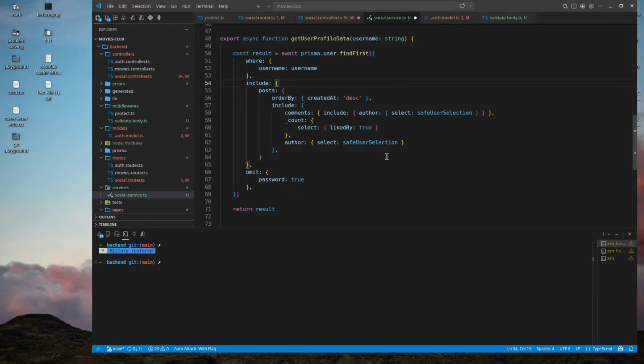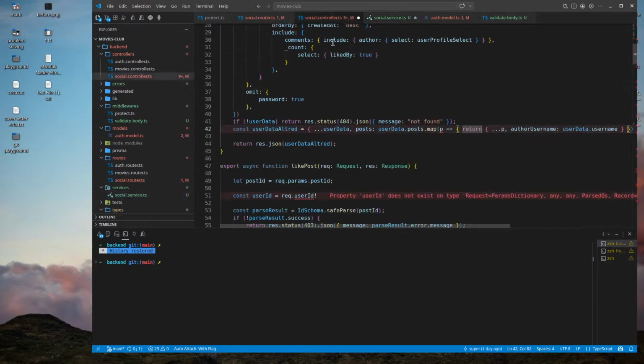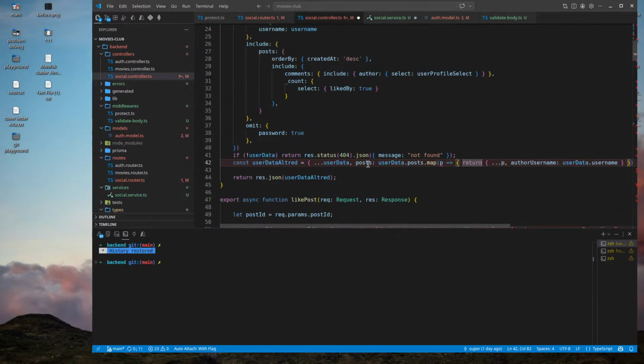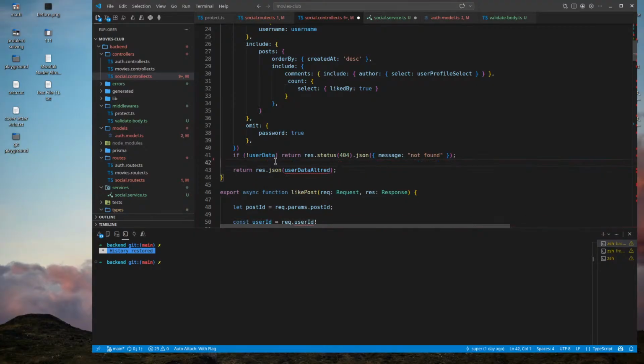We actually need the user or his data with his posts.